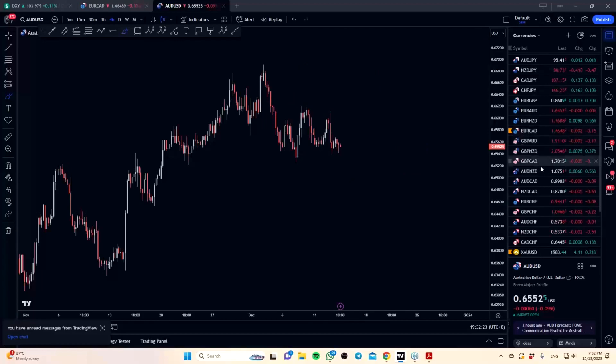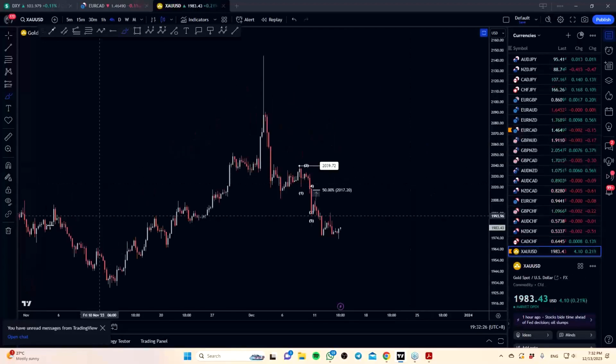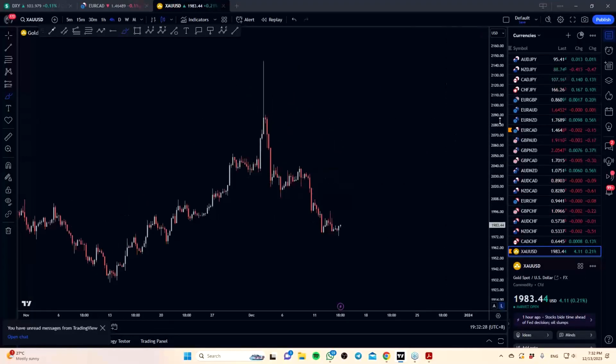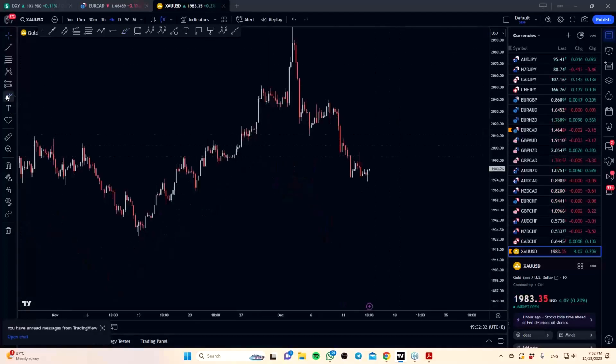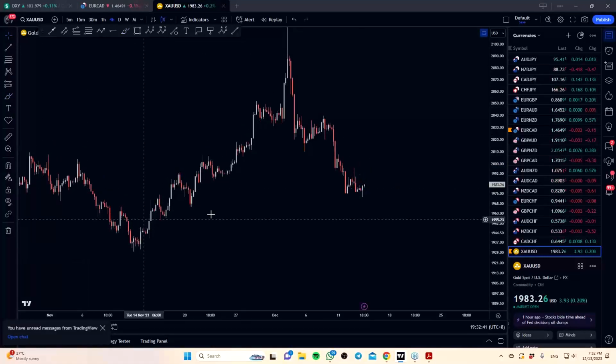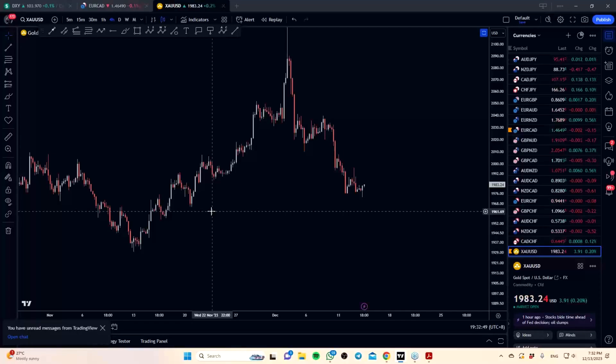We can scan through some charts. I think gold here is going to be very popular as well. Every time you open a chart, ask yourself, what is this? Is it a clear pattern or is it not a clear pattern? At times you may not get an answer, because if things are not clear, then you don't want to be trading. That's where you don't have a directional bias and you just wait.